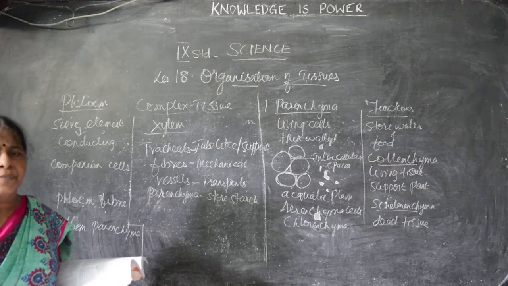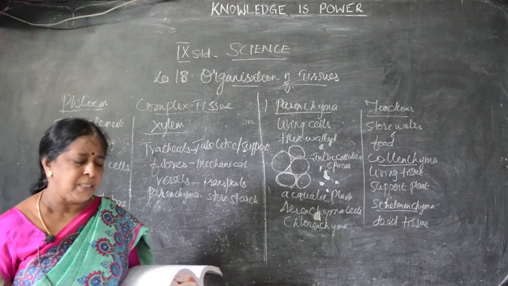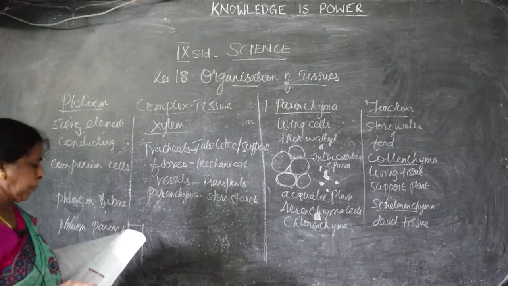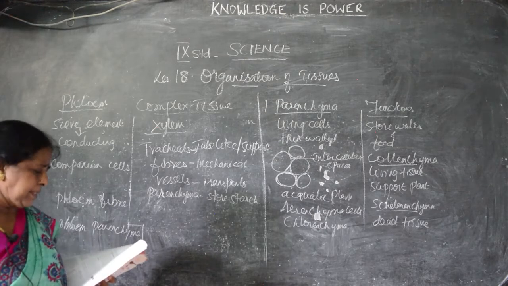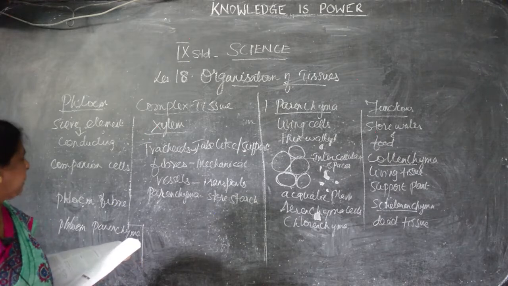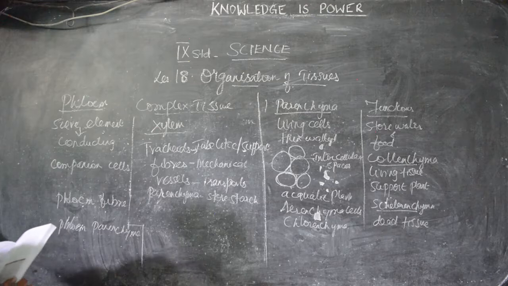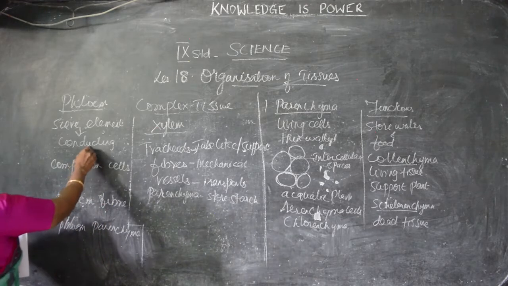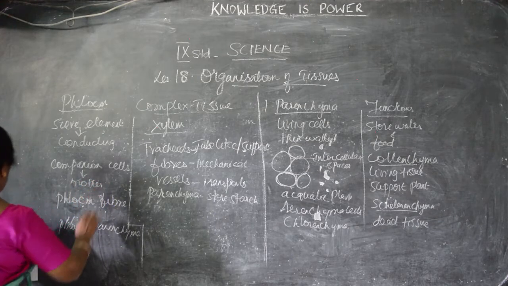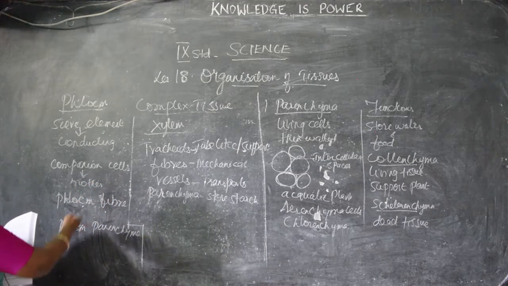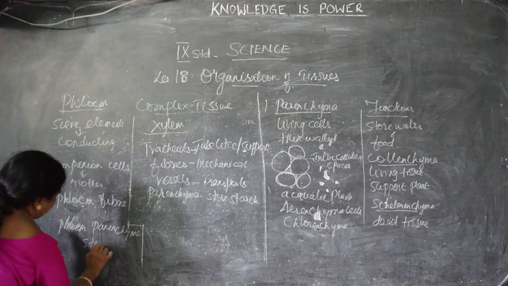Leaf is the main factory of plants. So it produces the food. So it can be supplied to all parts of the plant through the sieve elements. Okay, they are supplying the food. Next, companion cells. These are elongated cells. They can be seen only lengthwise. This is the mother cell of sieve elements. And phloem fibers, like xylem fibers, give mechanical support to the plant. And parenchyma, the same, stores the food and starch.